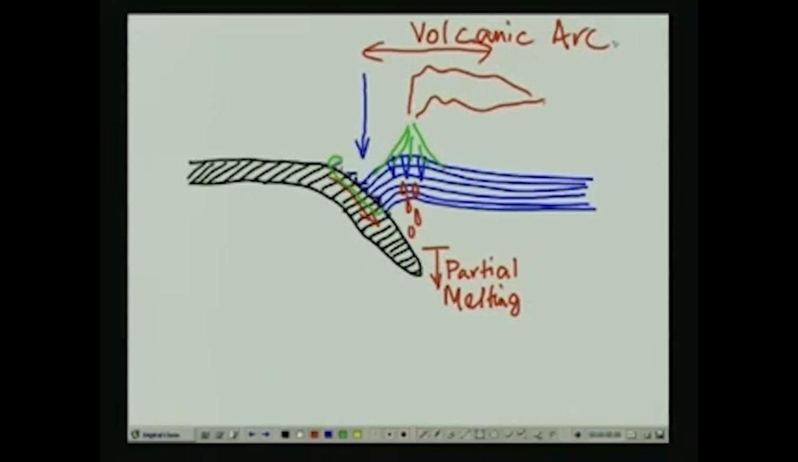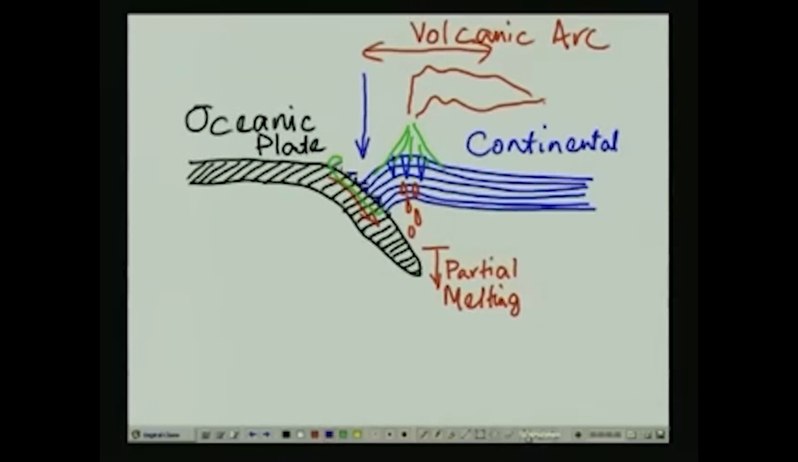Now volcanic arc is not only, in this particular case I was giving the example of a convergence between an oceanic plate and a continental plate, but a very similar situation arises when the convergence is taking place between one oceanic plate and another oceanic plate, and what you are going to end up in such a situation is a chain of islands, a chain of volcanic islands,